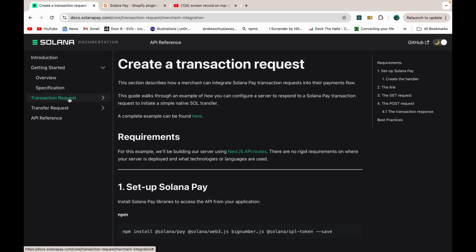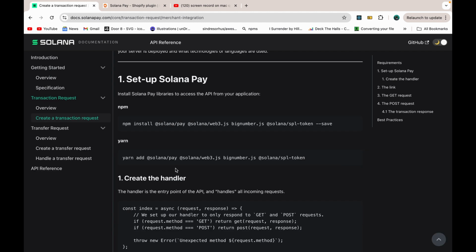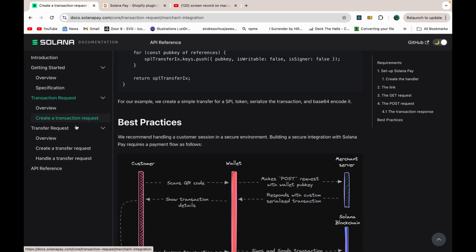But first, let me just explain two things. You have transaction request and transfer request. What we're going to be doing today is the transfer request. I won't spend much time on the other. If you want me to make a video on creating a transaction request, you can leave a comment, and then based on the request I will see how I can make a tutorial on this. Let's just go to the